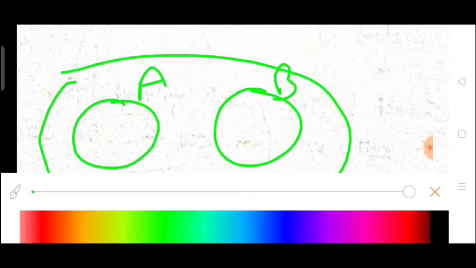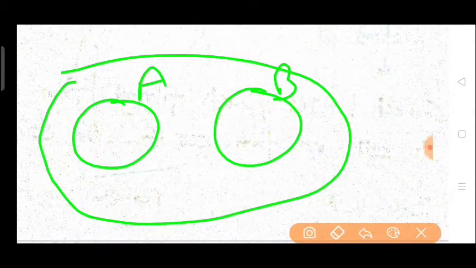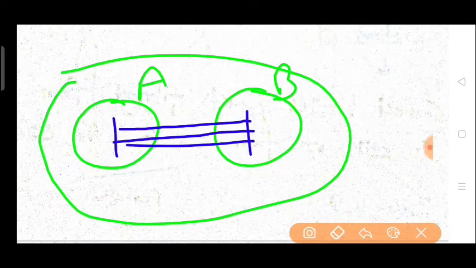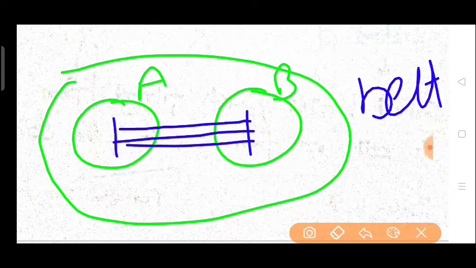Now let me repeat what we have studied. Adherent junctions: this is your cell A and this is cell B, and this is your tissue. Now let me change the color. This is your actin filament and this is the actin filament of cell B. So what is the work of adherent junctions? They provide connectivity between the actin filament of cell A and cell B. This is the adhesion belt, or zonula adherens. Now let's talk about the adhesion plaque. What is focal contact?